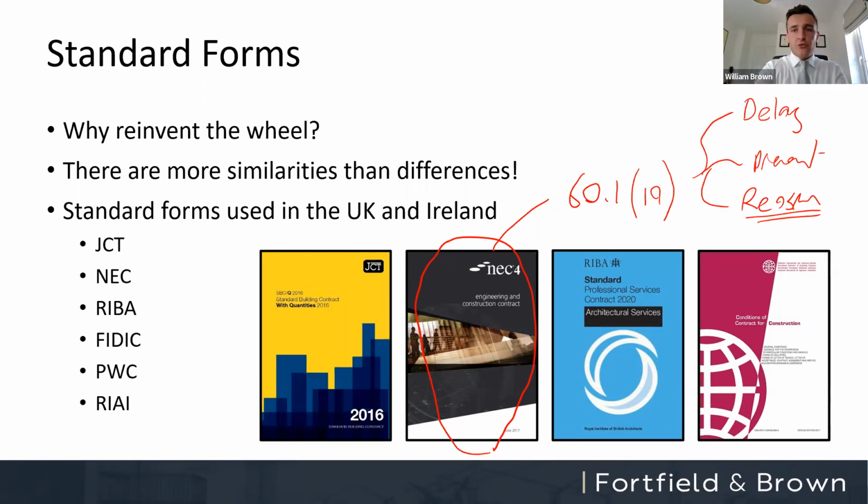And the problem with the war in Ukraine is that at this point, it might not necessarily be causing delay because we can still get materials. Again, some projects might be slightly different, but the problem is that the material prices are increasing, and that compensation event then doesn't provide for it. So claiming additional prices due to that compensation event is actually quite difficult. The other way of maybe doing it under NEC, if you have option X1 included, that is the material inflation clause or the price adjustment for inflation, you might be able to claim additional money via that mechanism, but most NEC contracts, in my experience, don't have that option within it.